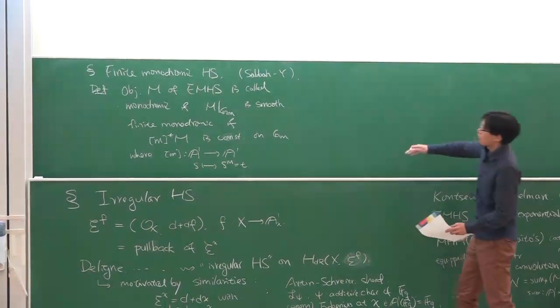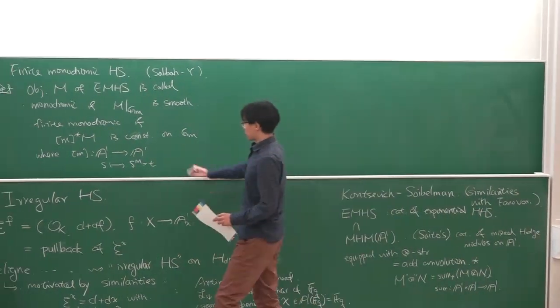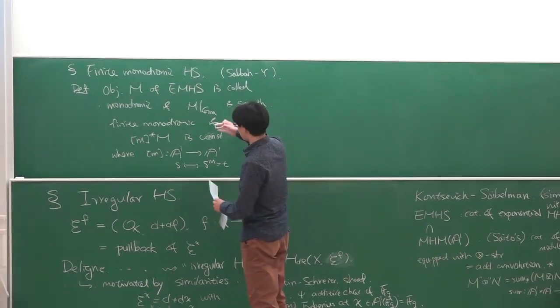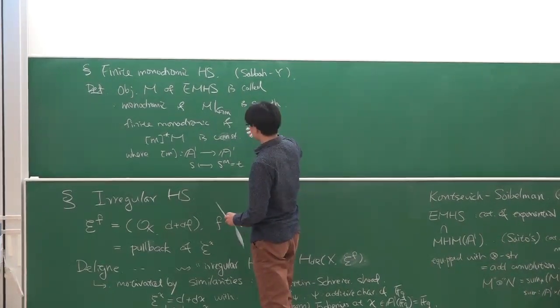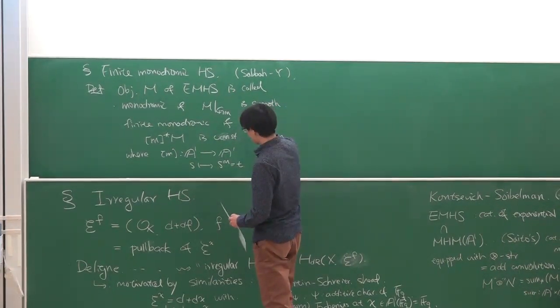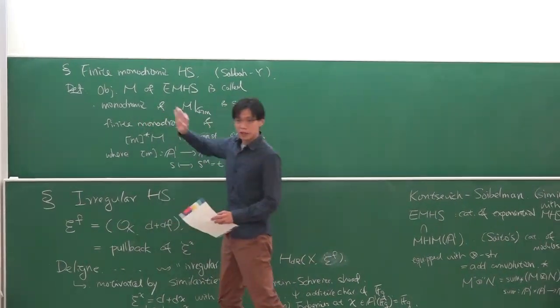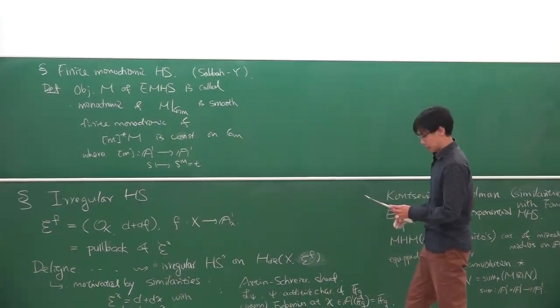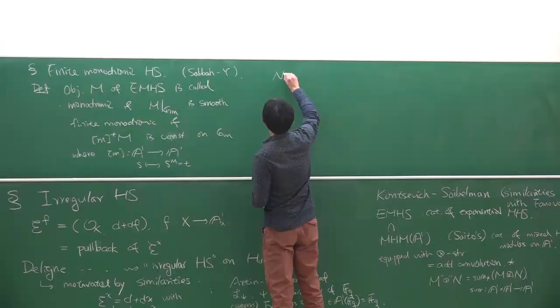Subcategory of all possible exponential mixed Hodge structures. Then the only information is, if you forget about this Hodge structure or the Hodge module, the locally constant, the basic part is just controlled by monodromic and zero. Okay, so notice that